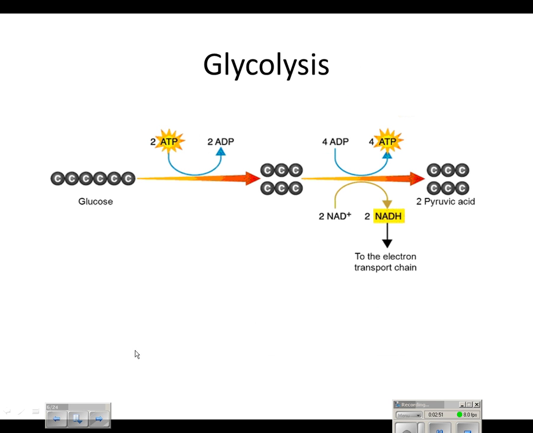Looking at glycolysis, we take glucose, our 6 carbons. We are going to break it down into 2 3-carbon compounds. In the process of doing that, as we break the bonds of this glucose, we're actually going to have to use 2 ATP here. And to break something down, you need some energy. So the cell will use 2 ATP, and in turn, it will form